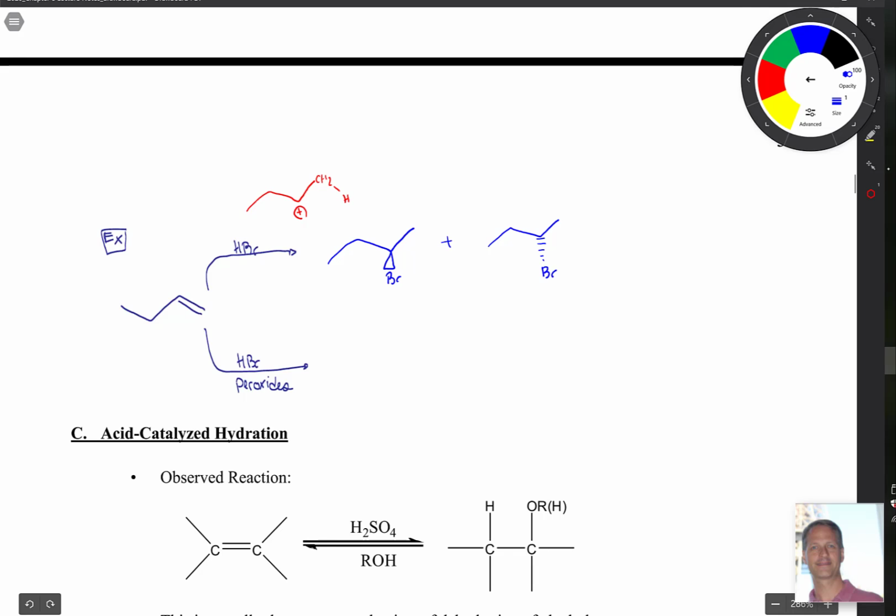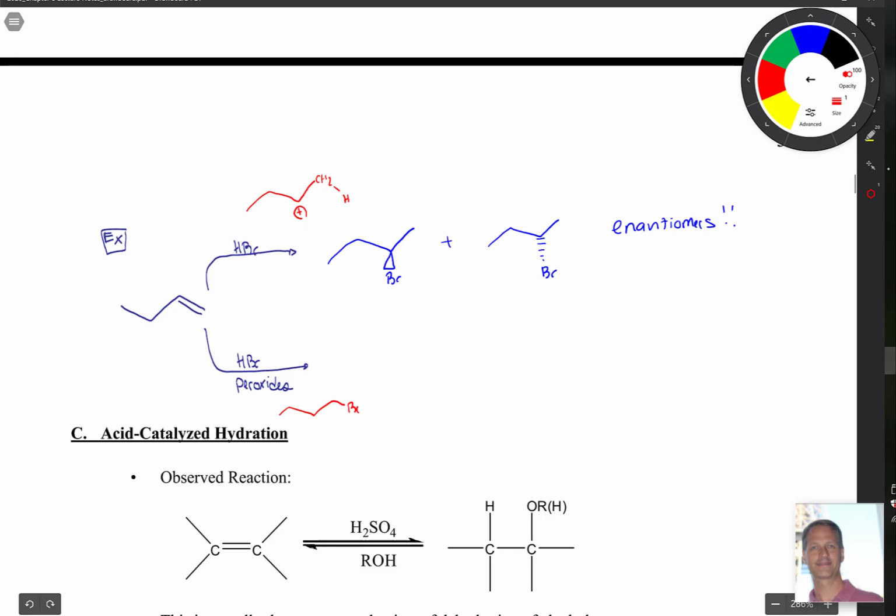Now, quick quiz, chapter 5 quiz, what's the relationship between those two structures? Well, if you said they're enantiomers, then good job, you're correct. Down below, bromide adds first, right? The bromine radical adds first. So what we're going to get there is